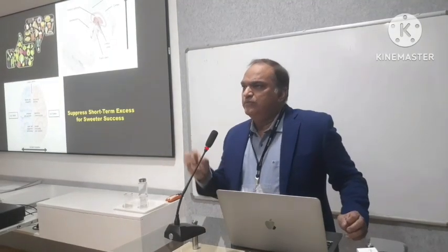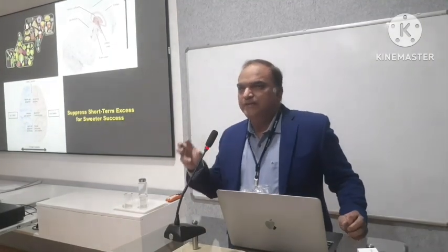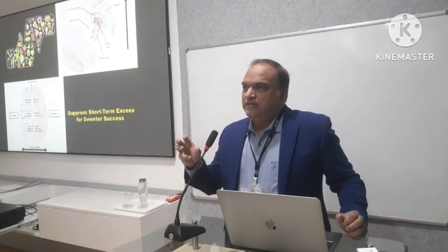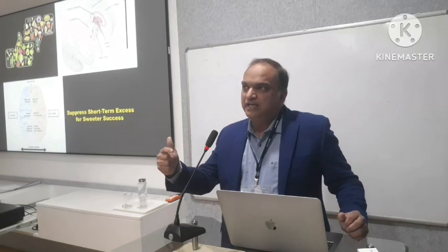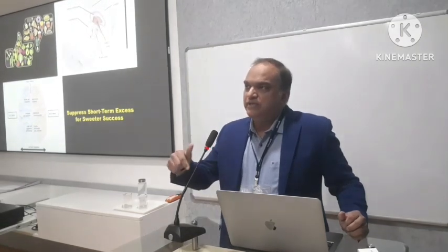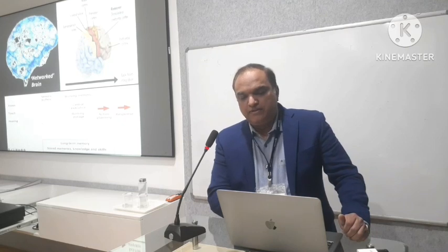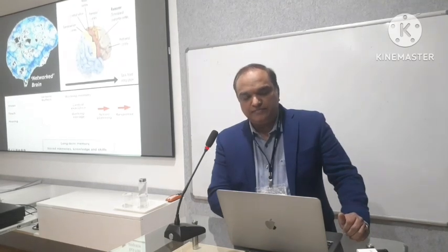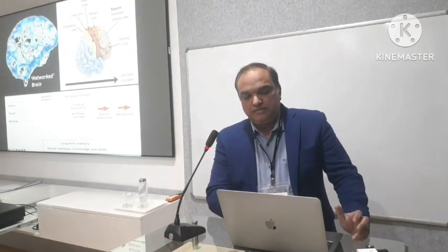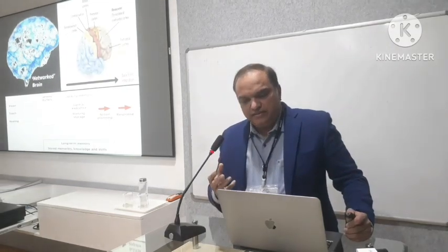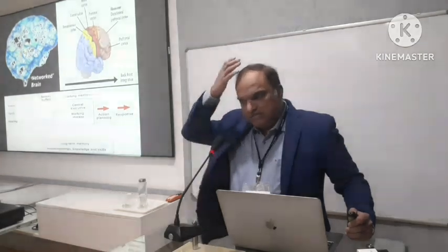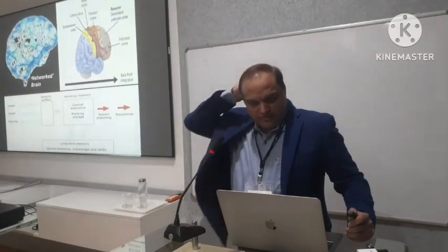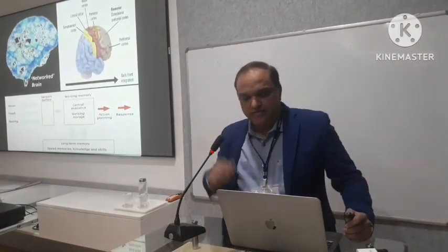The whole idea of telling you about the structure and embryology of the brain is how you can modulate this to enhance your life and the life of people surrounding you. So basically this is a central strip. This is the front of the brain, this is the back of the brain. This is the frontal lobe, which is the front of the brain. Then you have the parietal lobe, and the occipital lobe, which is in the back of the brain.